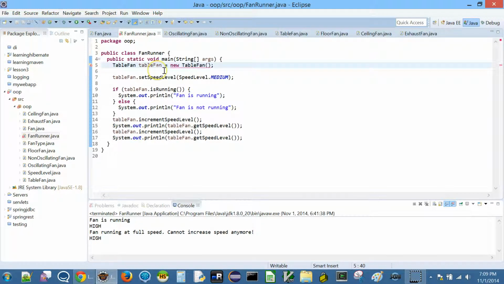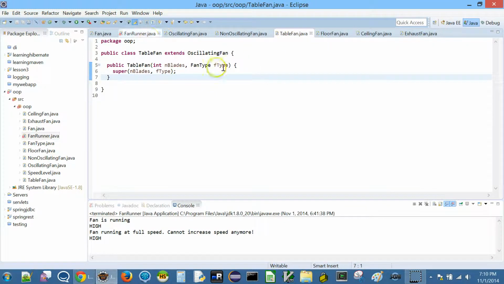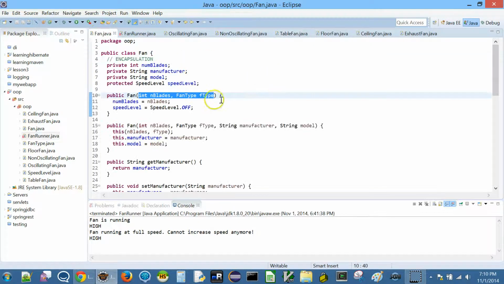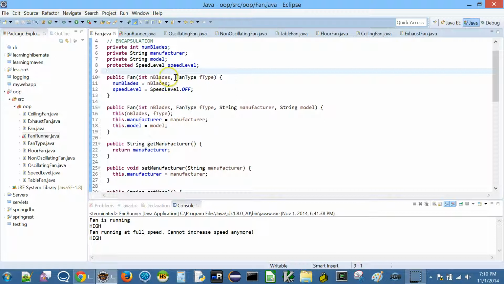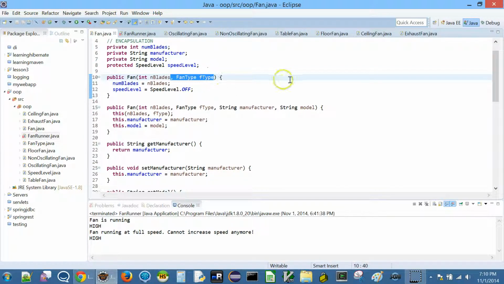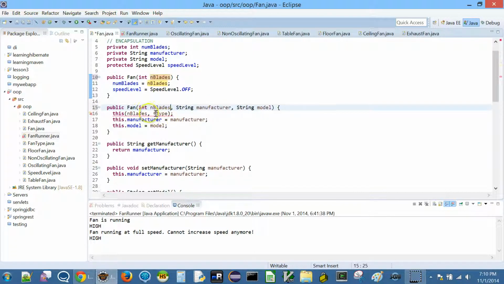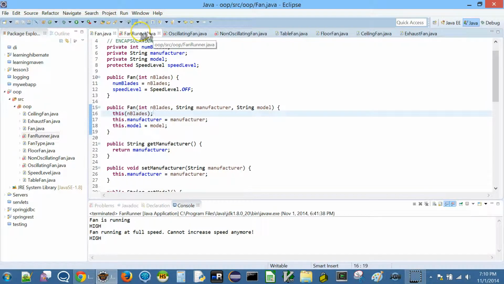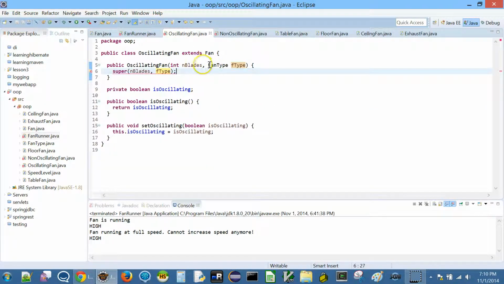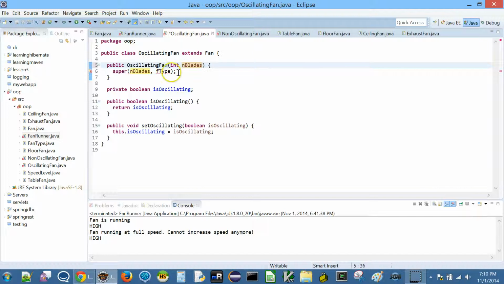Now in fan runner, we have to specify the number of blades, and in table fan, if I go, I have to specify the number of blades and then the fan type. But remember, fan type was already gone. We have abstracted it out. So I'm going to go here and just delete this and then delete this. It's just a cleanup that I forgot to do. So we can just do this. Right, so we are going to do that and then come here and clean up all these guys, because fan type, remember, that's why we abstracted it to methods. I forgot to remove this, so I'm going to remove all these.